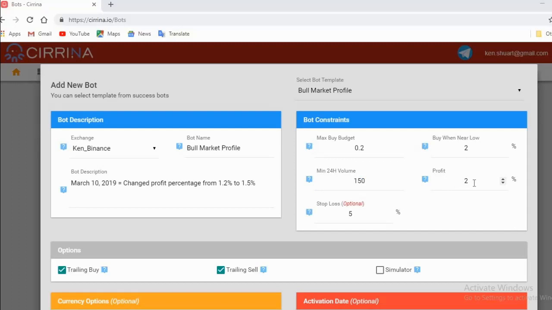Moving on to the percentage profit. This is the percentage that is added to the purchase price and becomes your profit when a successful sell order is made. Don't be greedy here. A 1 to 2% profit seems small, but realize a bot is monitoring hundreds of currencies and can make multiple trades per day. So you want to allow it to use your BTC to make a quick profit and look